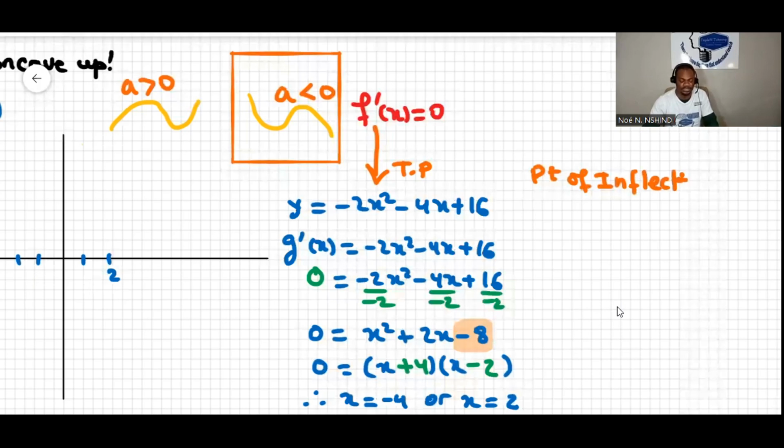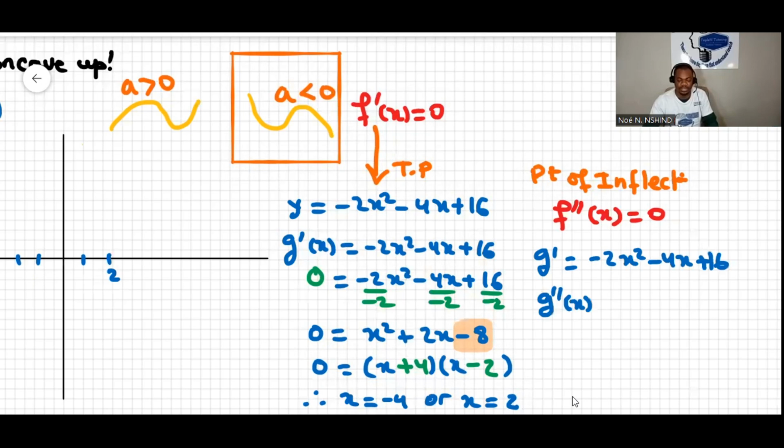The point of inflection is when the second derivative, f double prime, is equal to 0. Over here, we already have the first derivative, g prime, which is -2x squared minus 4x plus 16. Now the second derivative will be